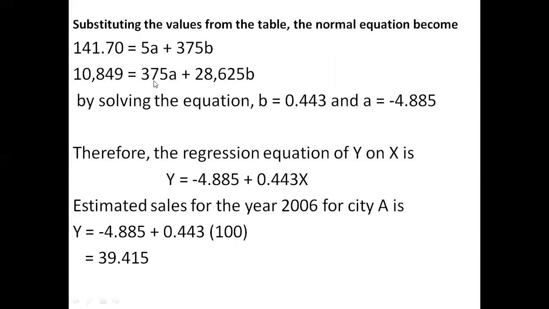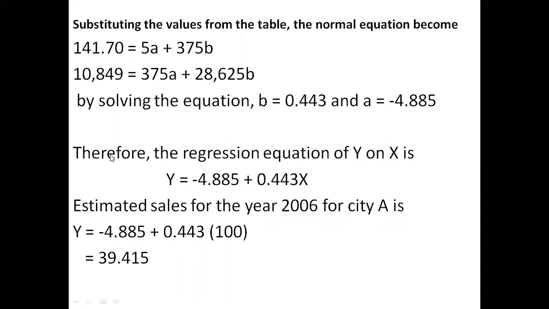By solving the equations, like here, if I put an example, in equation 1, we can multiply by 75. To get the value of b, we need to multiply this 5 by 75, so that we will negate these a values so that we can calculate the b value at the end. Once we get the value of b, we will put that value of b in any of the equations. We will get this value b equal 0.443 in both the cases. If we insert the value of b in equation 1 or 2, we will get the same value. So these are the values of a and b.